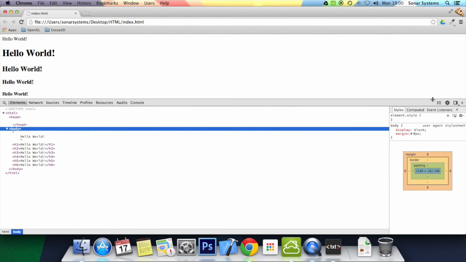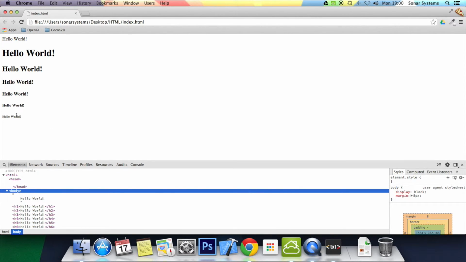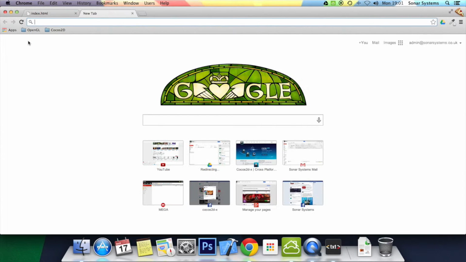Control refresh, just put this down a little bit. There you go. There's h6, h5, h4, h3, h2, and h1, and just some regular text in the body tag without any other div, span, or p tag, or anything else. That's it for headings. That's all you need to do. But I just want to quickly go into